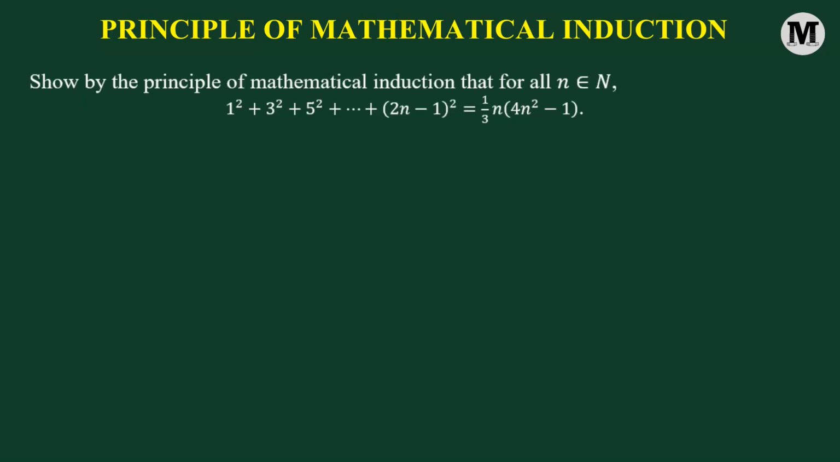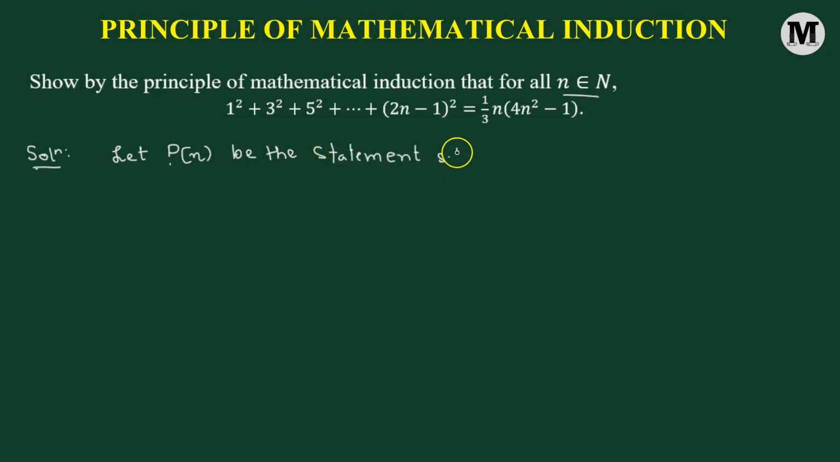Show by the principle of mathematical induction that for all n belonging to the set of natural numbers, the following is true. Let us begin. So first thing first, we'll convert the given equation into a statement. For this, we will suppose that P of n be the statement,